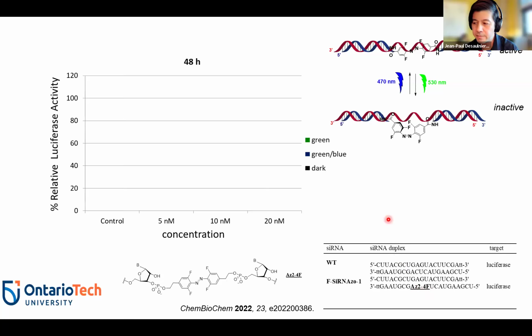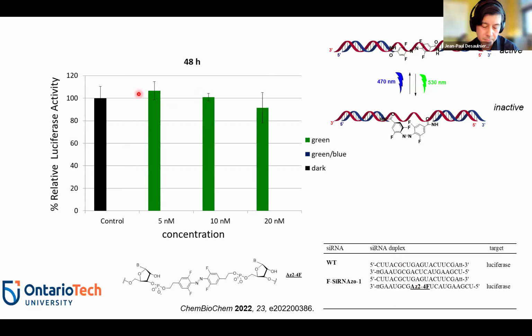So let's look at some of the in vitro data that we got for this. So we observed, okay, 48-hour experiments. I just want to say my former student and current postdoc, Matt Hamill, spearheaded this project. Basically he transfected the cells and then added green light, and then kept the cells in the dark for 48 hours. We wanted to avoid that continuous exposure of light because that's not very practical. And you can see here that the siRNA remains inactive after 48 hours after a single exposure of green light